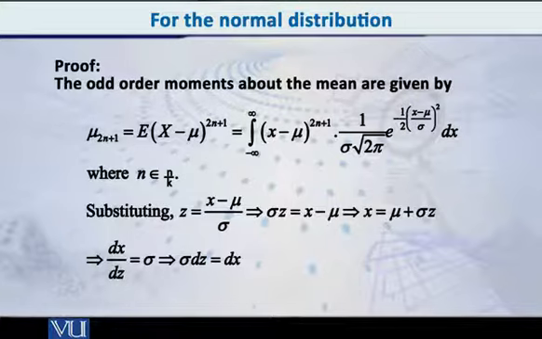अब इसके अंदर we do the same transformation that we do for so many other proofs of other theorems. And what is that? We let z equal to x minus mu over sigma, implying that sigma z is equal to x minus mu, or x is equal to mu plus sigma z, वो भी आप लिख सकते हैं.